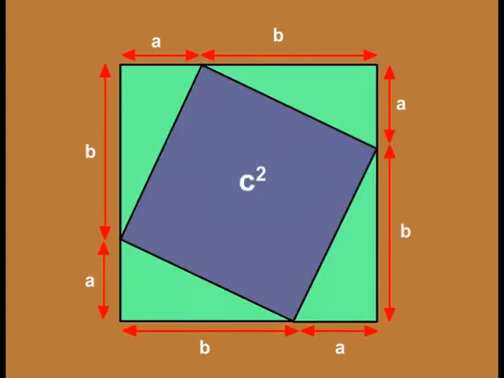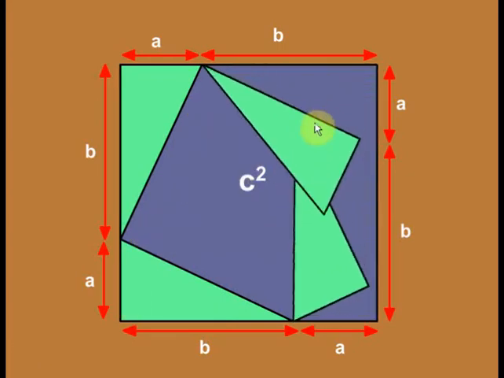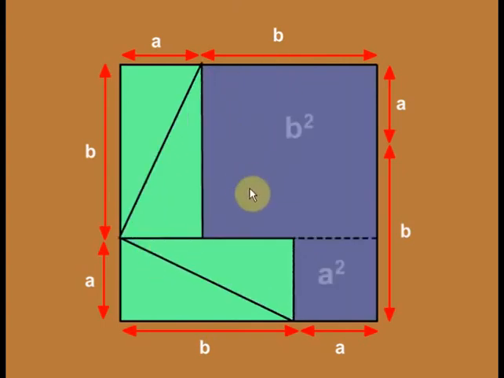Once again, if we consider this as a square with a side of length C units, so this side has a length C, this side has a length B, and this side has a length A. So this is the area of the square. Now if this triangle turns this way and this triangle turns this way, the area of the square remains the same. Thus this area and this area are nothing but B square plus A square, which is actually the initial area of the square, equal to C square. Thus C square is equal to A square plus B square, which is actually the proof of the Pythagoras theorem through this activity.